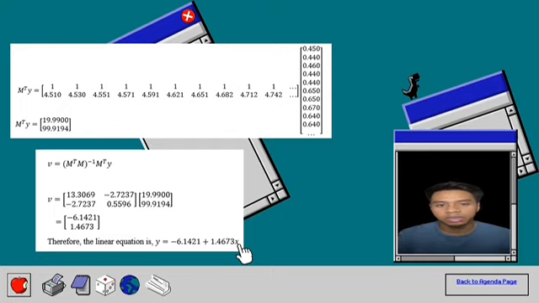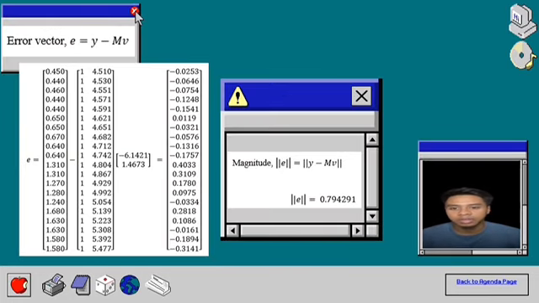After all the calculation, we can obtain the least square solution by multiplying the inverse of M transpose M with M transpose Y. So we get the value of A and B. Then we can get the best fit linear curve by substituting the values of A and B. Besides, to find the error vector, we need to subtract matrix Y with the matrix MV. Lastly, we will get the magnitude of the error vector, which is